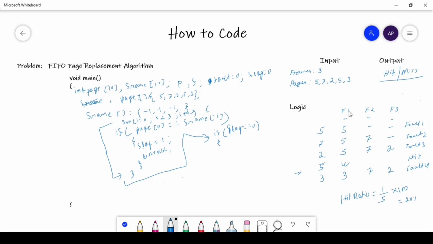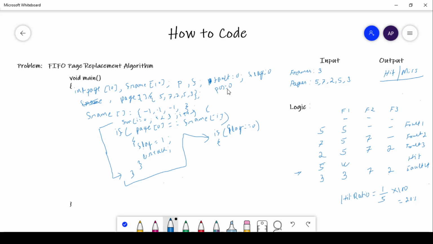At the initial start, where do we have to store it? Obviously at the first location of the frame 1. We are using one array, and here we have to store it in the first location. So for this, use another variable, position, pos equals to 0.